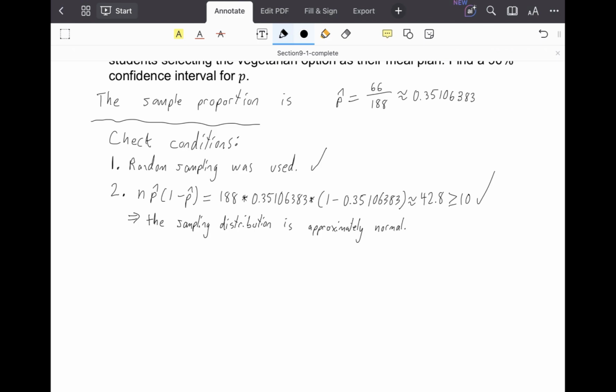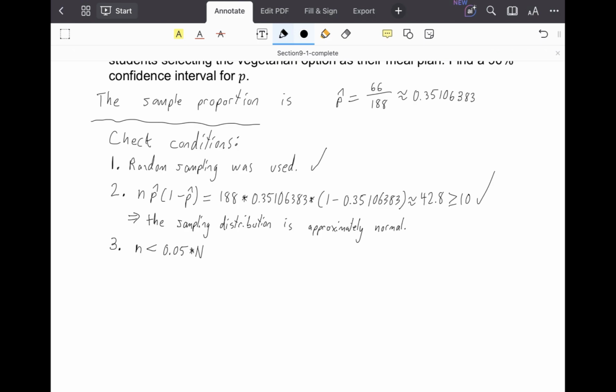And this is good news. That means we can use the normal distribution as an estimate of that binomial distribution, and then also use that normal distribution in constructing our confidence interval. Okay, the last condition is the independent sampling, and it has this condition, so n is less than 0.05 times